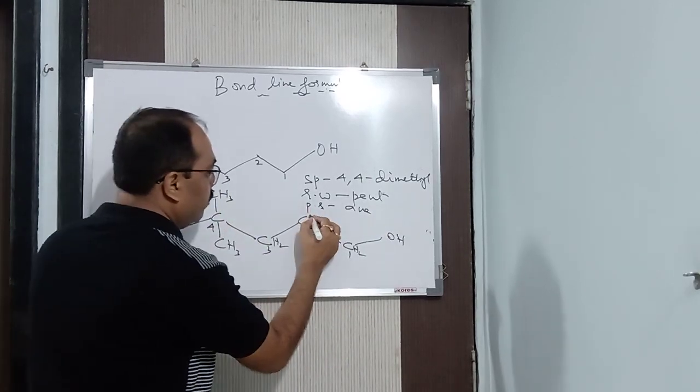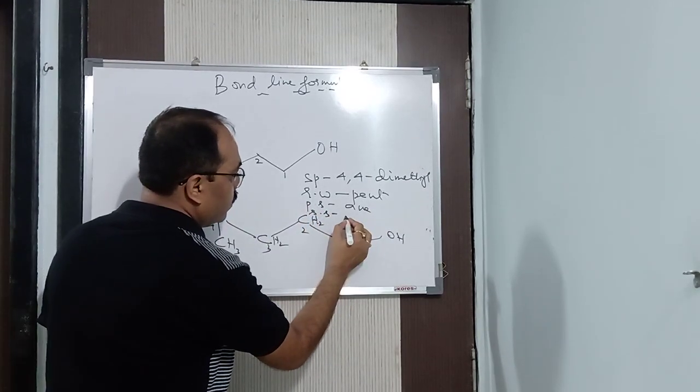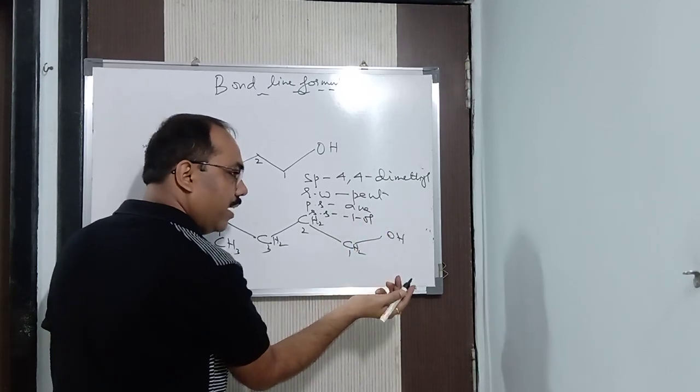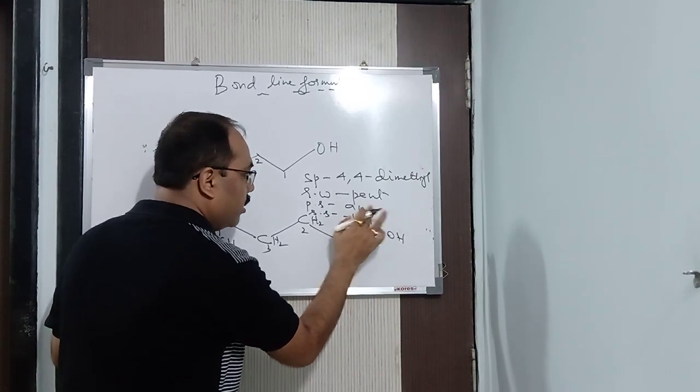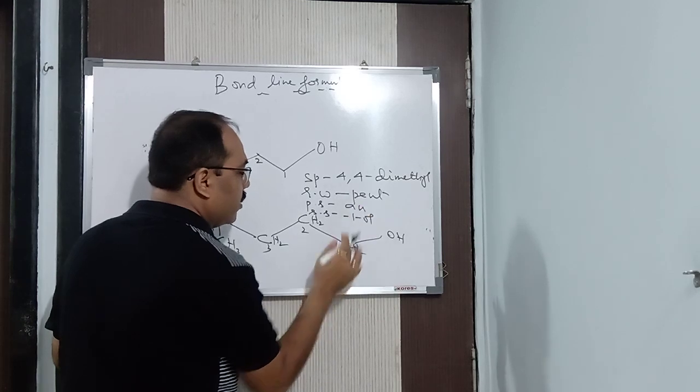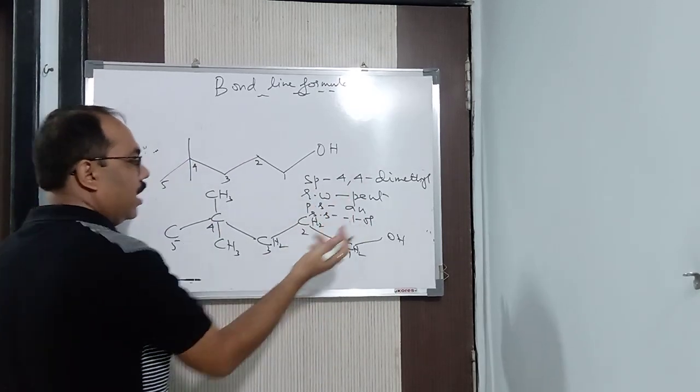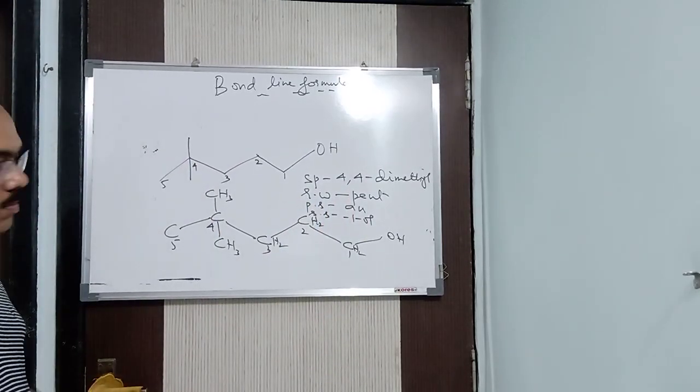You can see carbon single bond. Secondary suffix is in the first position, ol. 1-ol, or simply you can write ol. You know that. So the e you remove it, because e and o both are vowels. That cannot exist. So it is 4,4-dimethylpentanol. That's it. This is the bond line formula.